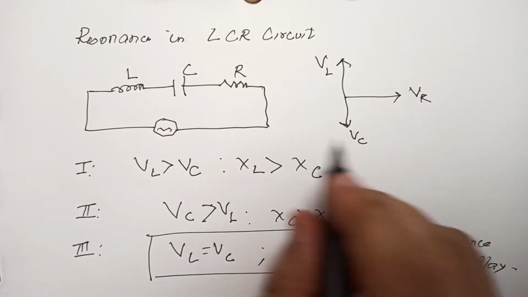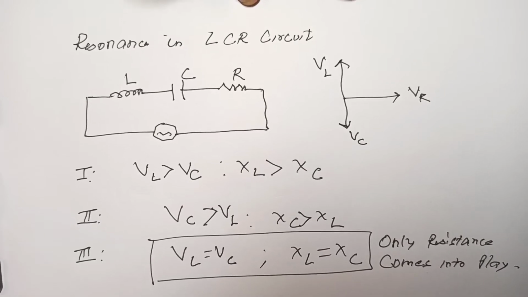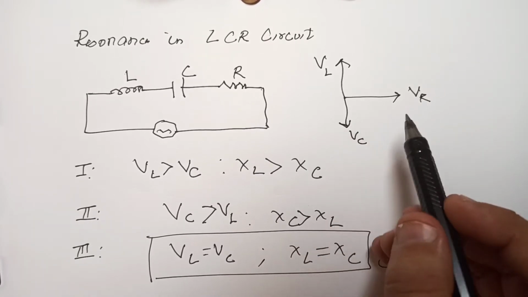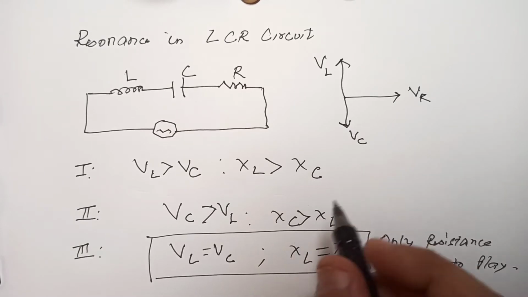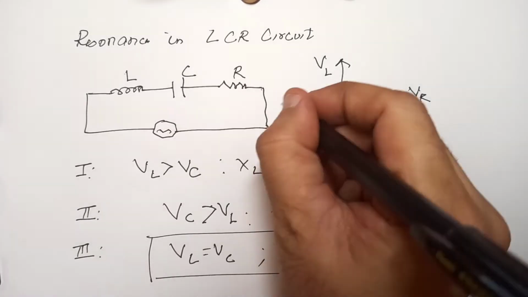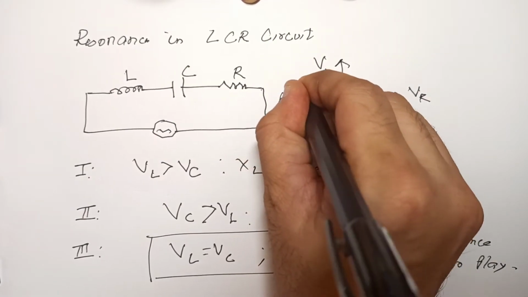And you know that VL and VR are perpendicular, and VR and VC are perpendicular as well. These are all peak values